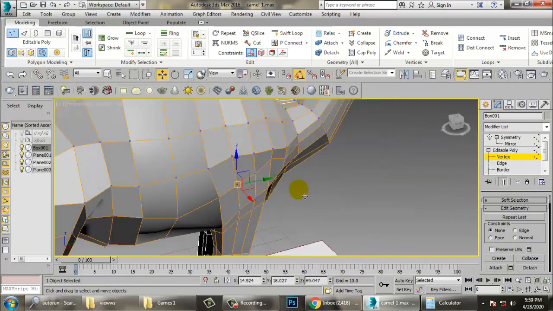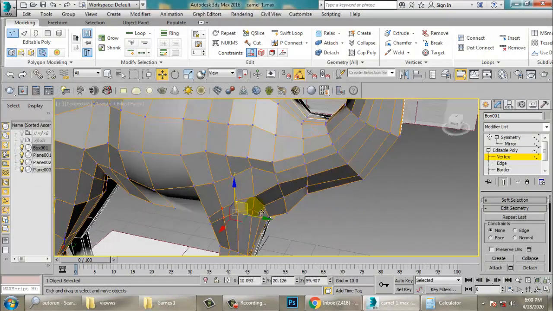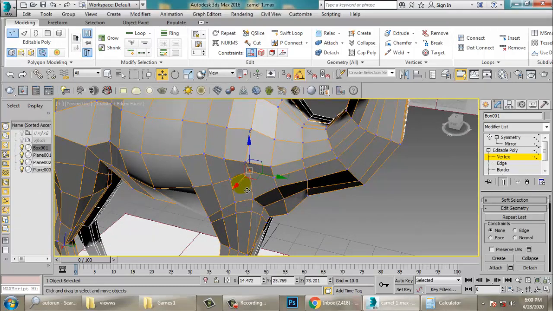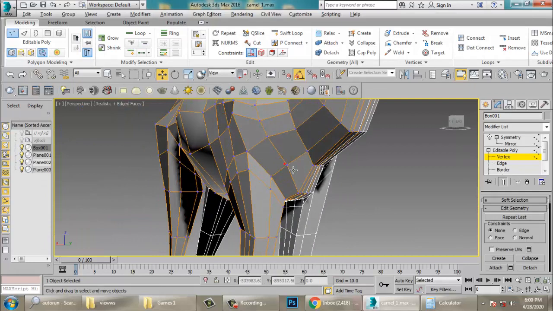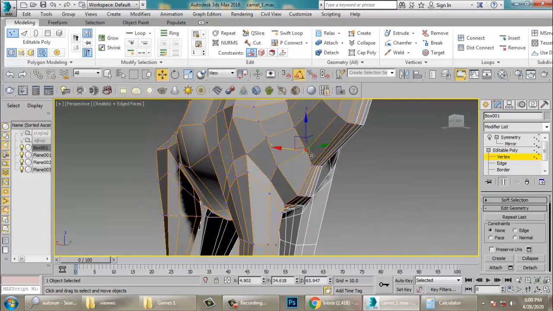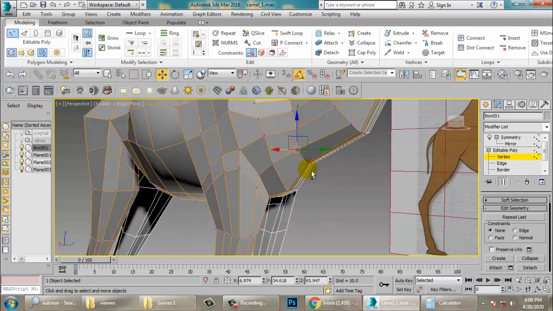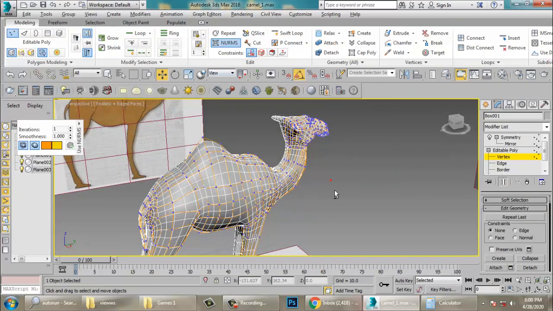Select this, push this out, just push this out. That's it.